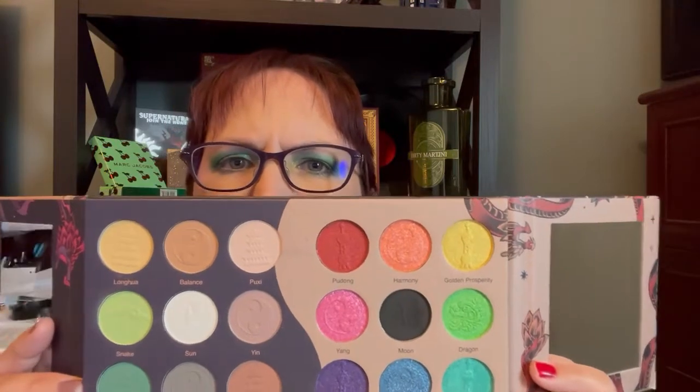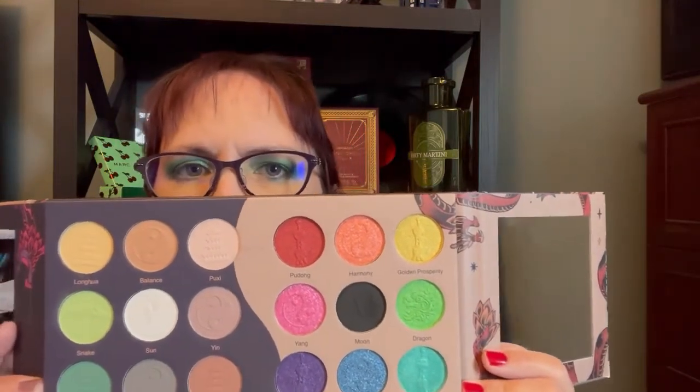So I know this one, I don't think this is available anymore. This was a controversial one due to some naming issues. I'm not going into that. I'm just talking about color stories here. But, you know, I think the sparkles are beautiful, but I'm just not